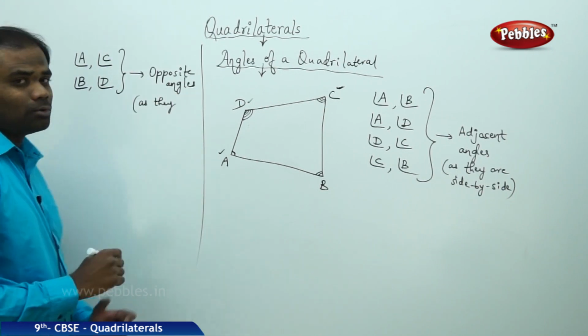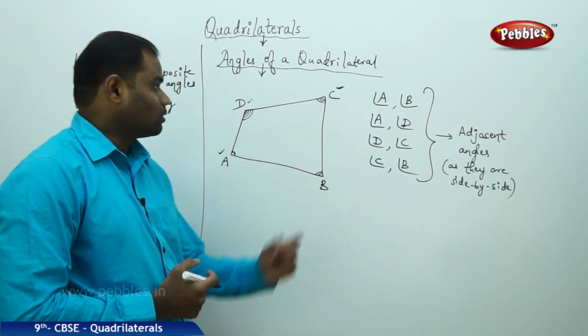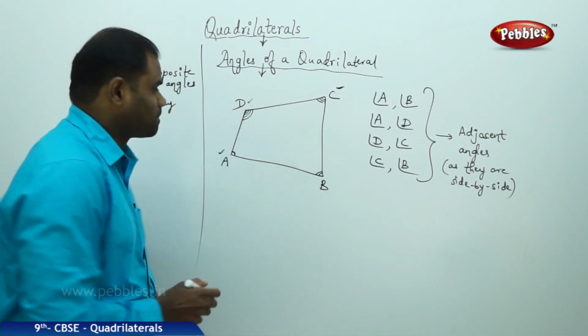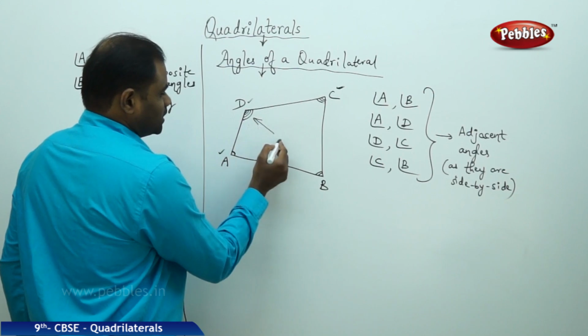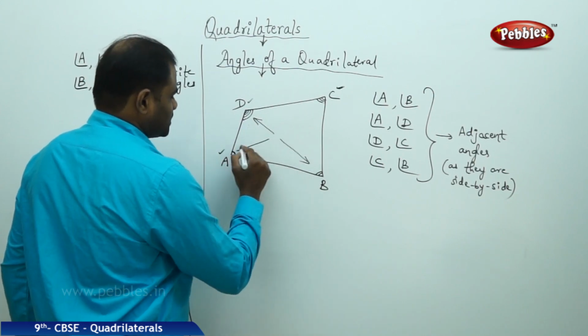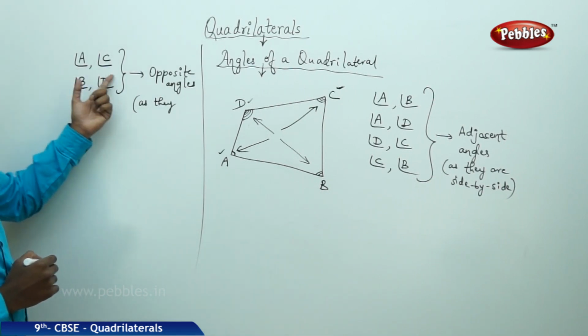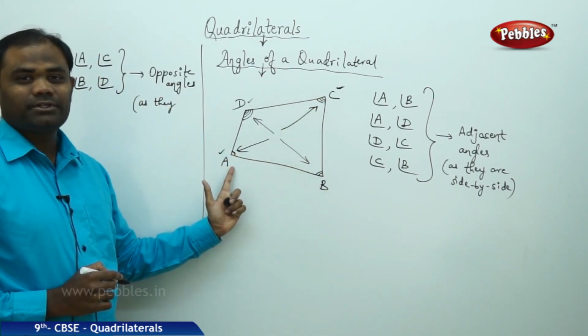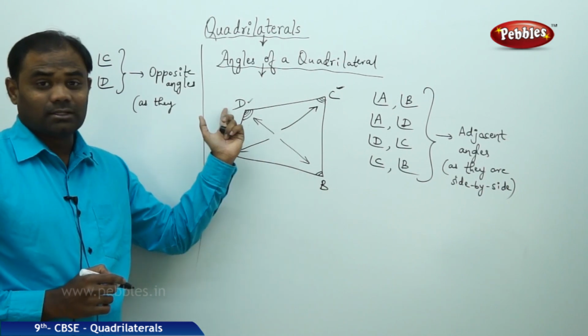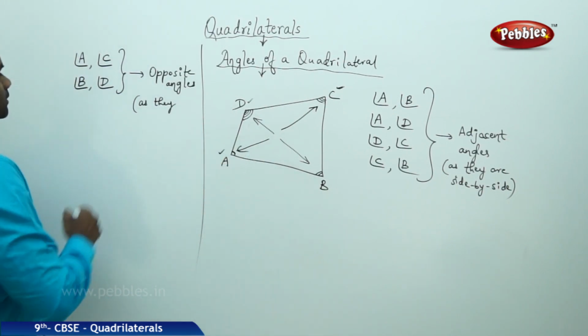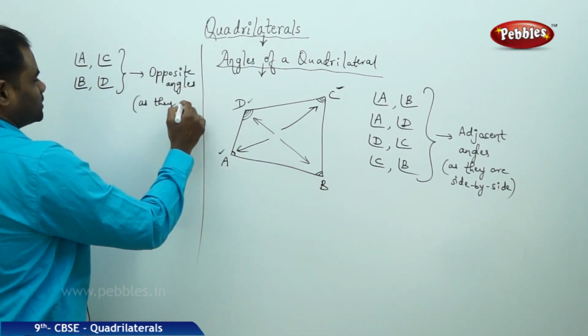And why are they called opposite angles? Because they are opposite to each other. This angle is opposite to this, and this angle is opposite to this. Therefore, angle A and angle C are opposite to each other, and angle B and angle D are opposite to each other. They are called opposite angles as they are